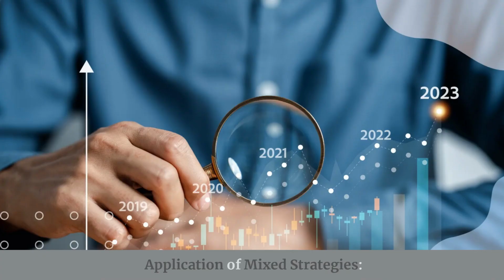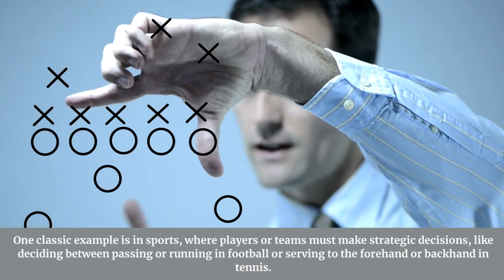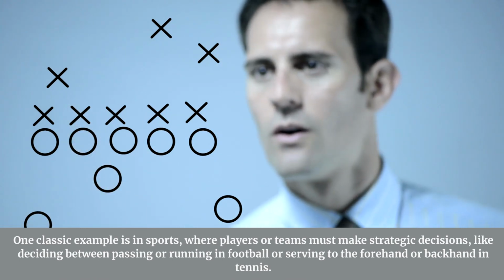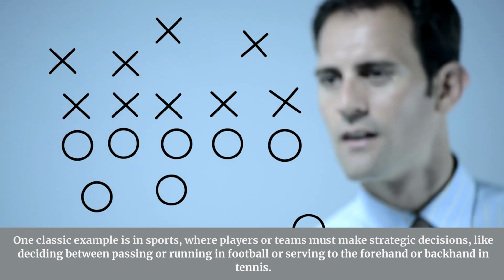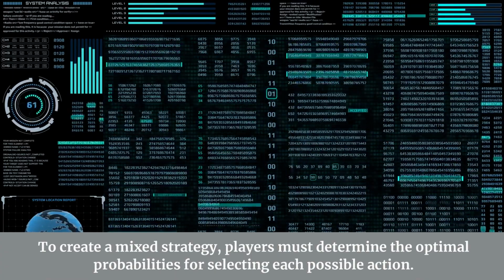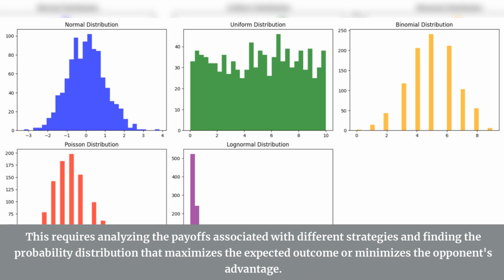Application of mixed strategies. Mixed strategies are often applied in zero-sum games, where the gains of one player are precisely balanced by the losses of another. One classic example is in sports, where players or teams must make strategic decisions, like deciding between passing or running in football or serving to the forehand or backhand in tennis. To create a mixed strategy, players must determine the optimal probabilities for selecting each possible action. This requires analyzing the payoffs associated with different strategies and finding the probability distribution that maximizes the expected outcome or